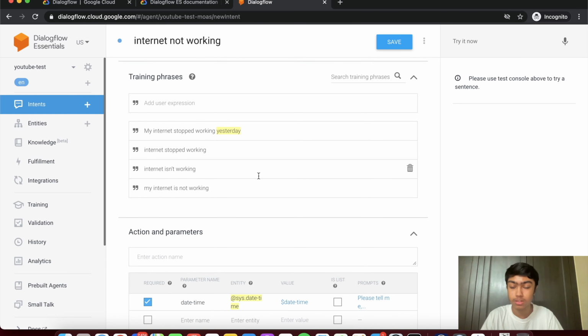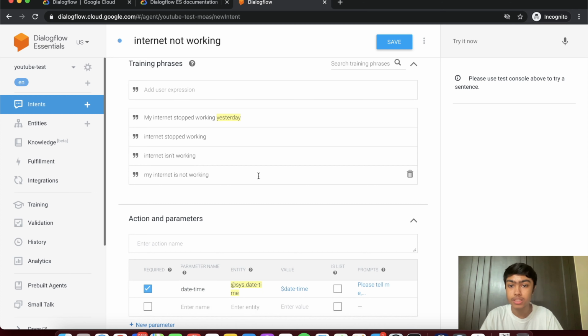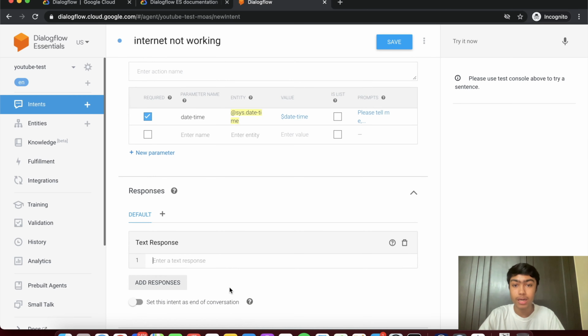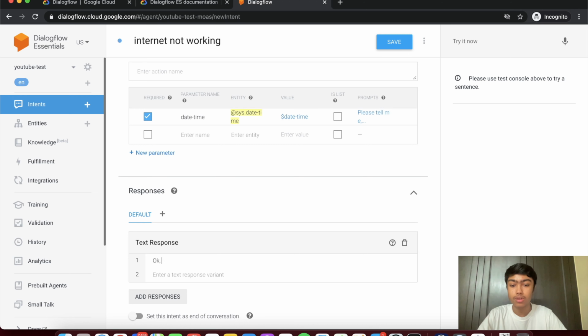So now the user has two options. They could just say my internet doesn't work anymore, or they could say my internet doesn't work and they could provide a date. If they provide a date, great. If they don't provide a date, we're going to ask them for the date. So already we are seeing some complex conversational flow, and now we're going to give back a response. Now our response can just be a standard response, or we can include the value that we have extracted, which is our date time. Now I could just acknowledge this by saying, okay, I understand your internet stopped working on,